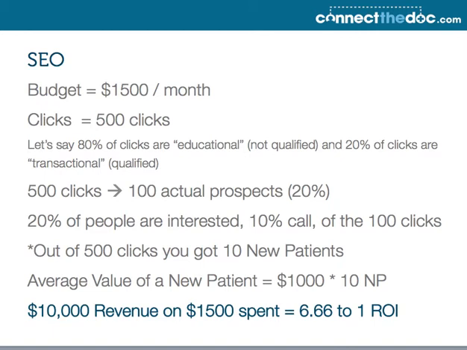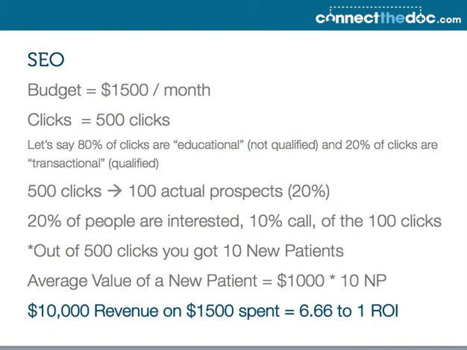I always say 1 in 5 people who come to your website are going to be actually interested. So let's say 20% of that 100 people, so 20 people are interested, and then 50% of those people are actually going to call or book with you. So of the 500 clicks that you got to your site, 100 people were interested, and you got 10 new patients out of it. So the average value, let's just assume, of a new patient is $1,000,